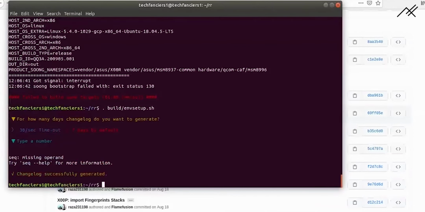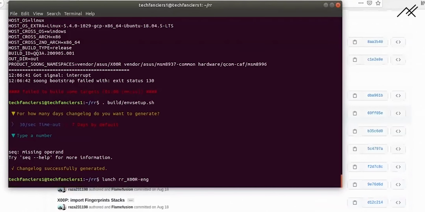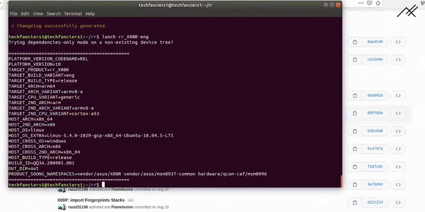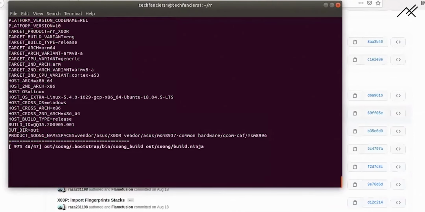Enter. Now I'm just launching again, and then mka bacon. Usually, the moment it gets to the end point of the compilation, I was receiving crashes in the VDI or in the GNOME machine.